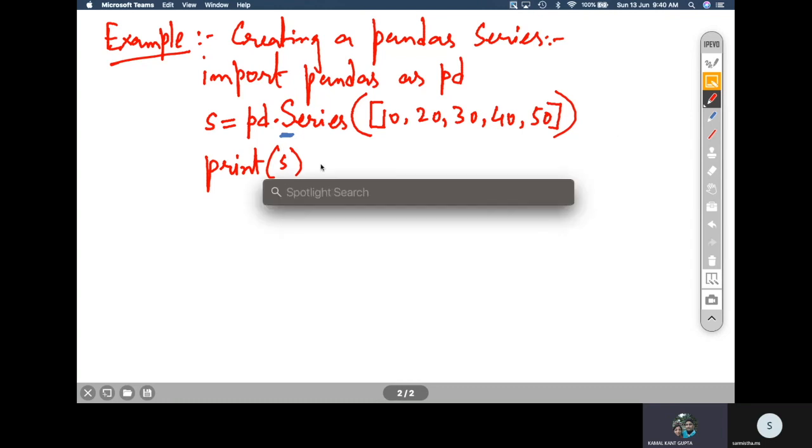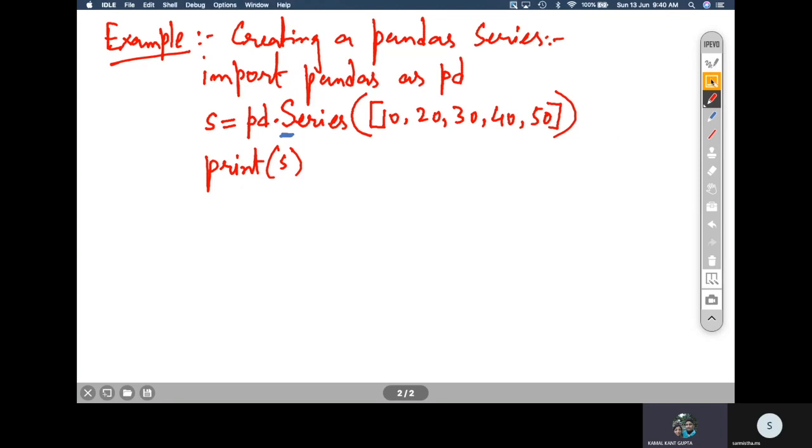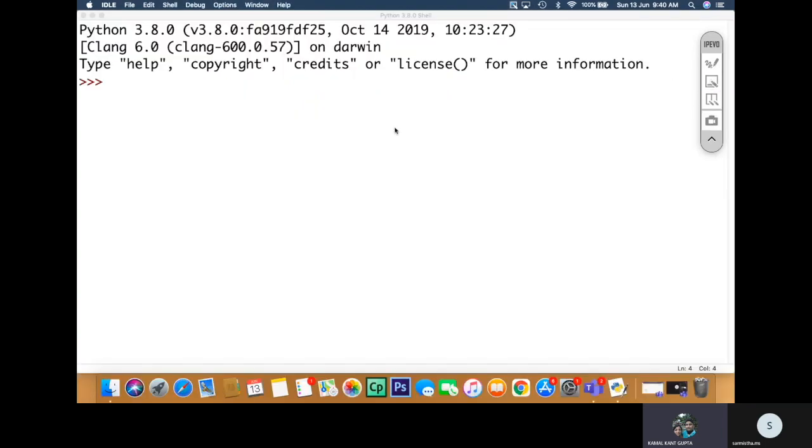Now let us execute the code on IDLE. Since I have installed pandas in my IDLE, I will just use IDLE, but anyway, you can also use Colab to run the code. Let us type the code itself here, in the interactive command prompt. Import pandas as PD. If pandas exists in your computer, then no error will be given. Otherwise, a no such module error will come.